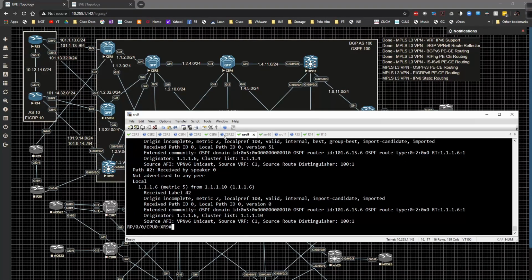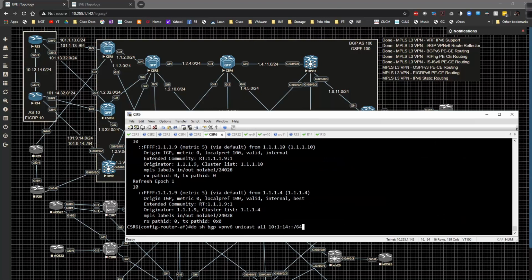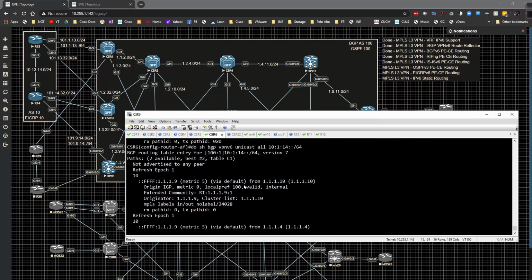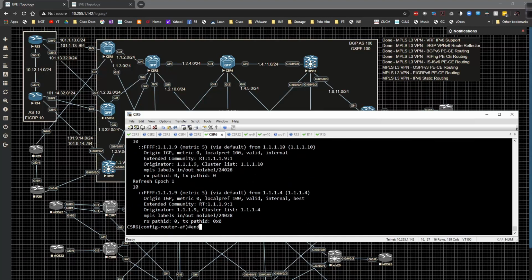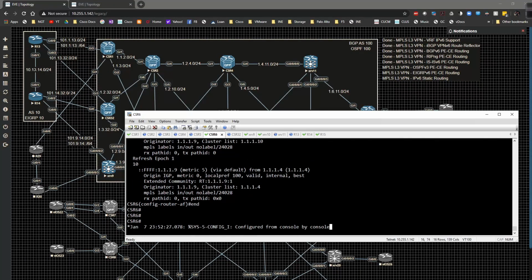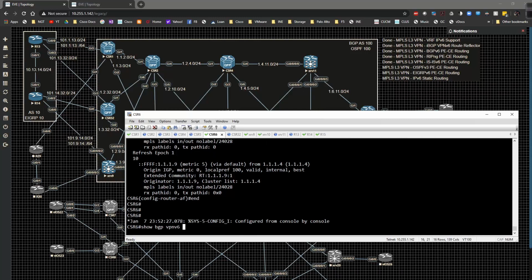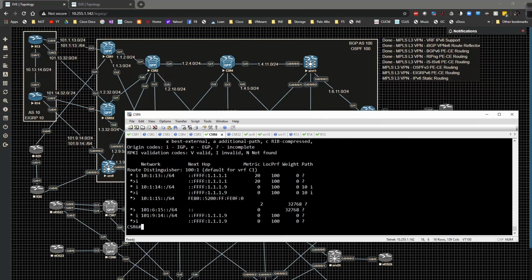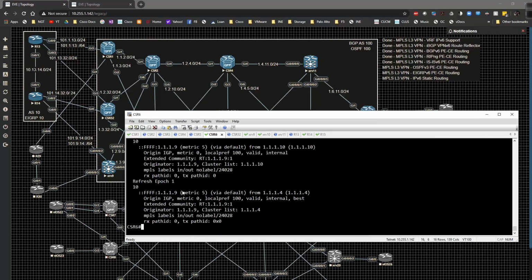If we look over at 6, the domain ID is not being propagated. So show BGP VPNv6 unicast all. Right, we have that route coming across. We look at this more specifically. It is not being propagated. So there's